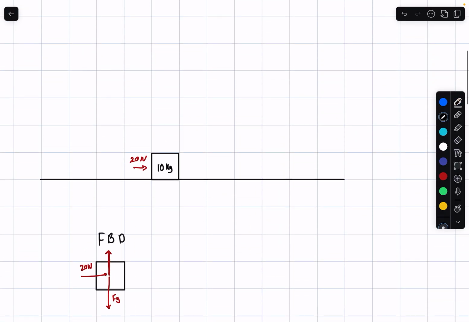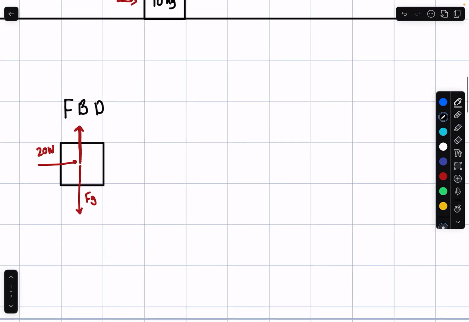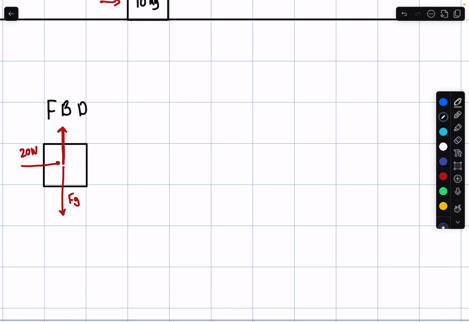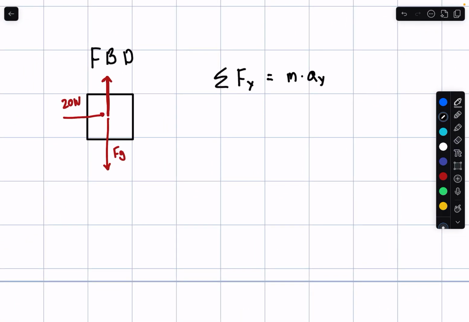So now using this equation that we have up here, force is equal to mass times acceleration, we can solve for our acceleration. The beautiful thing about this is that it works in the x and y direction separately. So if we add up, that's what this sum notation means here, the sum of all the forces in the y is equal to mass times the acceleration in the y. And so if we look at what our forces in the y are, we'll say up is positive, and to the right is positive. We have a positive normal force, and we have a negative force of gravity